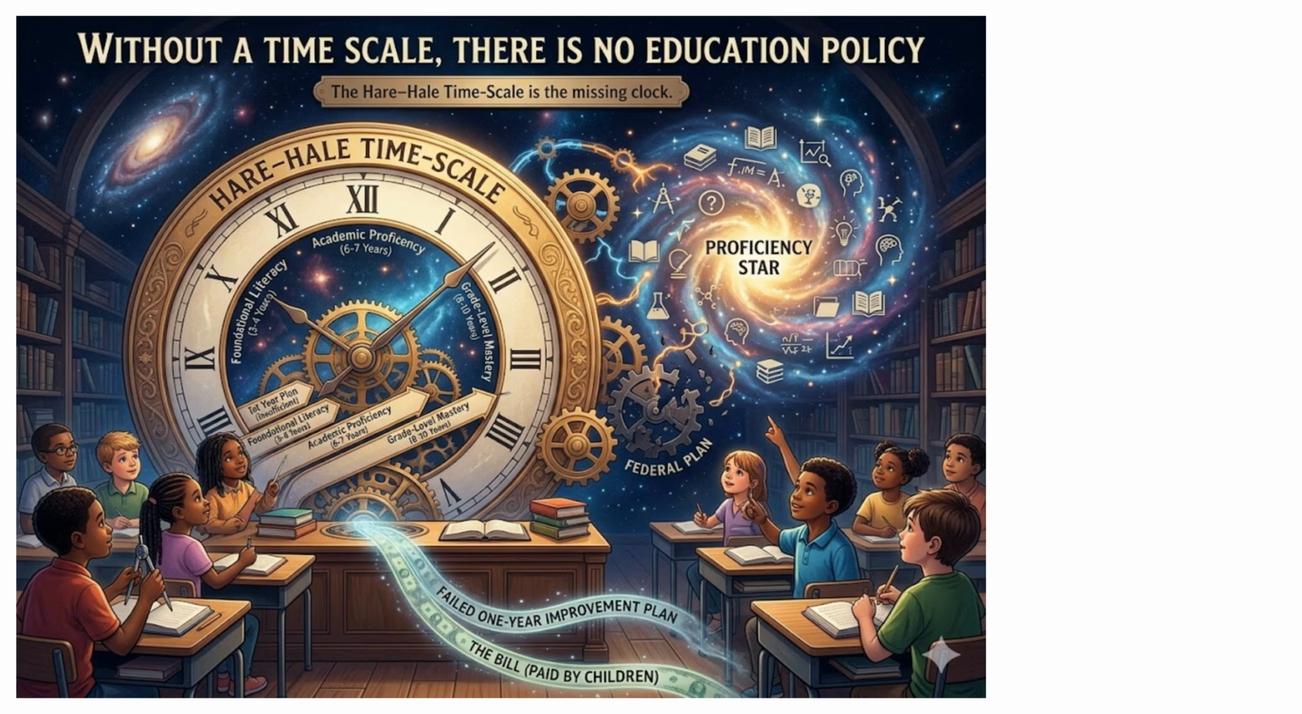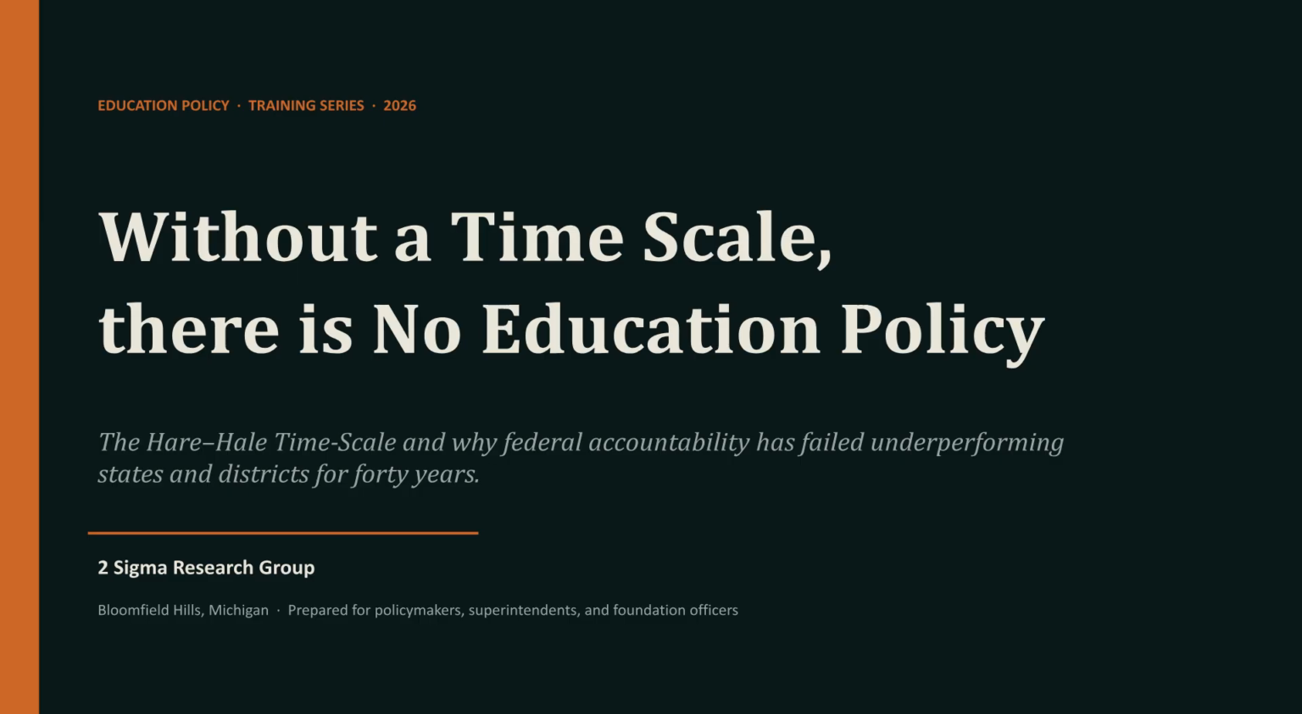Without a timescale, there is no education policy. The Hare timescale provides the missing clock for meaningful accountability. This video will explore the Hare timescale and explain why federal accountability has failed underperforming states and districts for 4